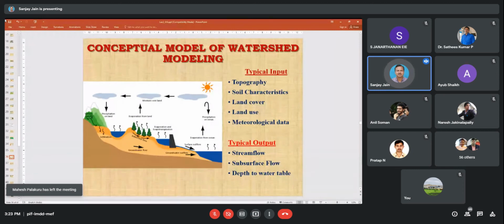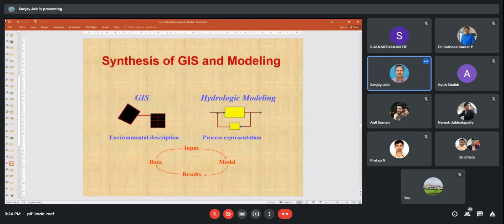So a simple example: I have to create all the data layers in a GIS, and then according to my need of that particular software or calculation, I have to use that. Okay. So what is the advantage? As I have told you, we have to have process representation in hydrological modeling and environmental description of that area.